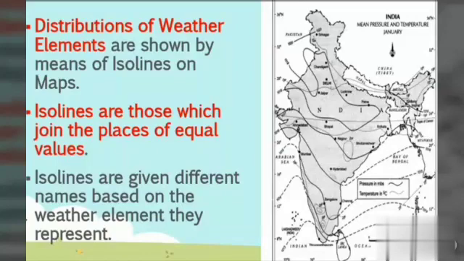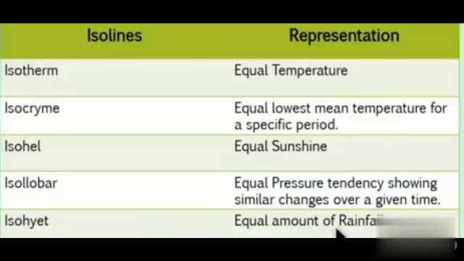Okay, the isolines are given different names based on the weather element they represent. See the tabular column, isoline representations. Isotherm, equal temperature. Isochrone, equal lowest mean temperature for a specified period. Isohel, equal sunshine. Isallobar, equal pressure tendency showing similar changes over a given time. Okay. Isohyet,